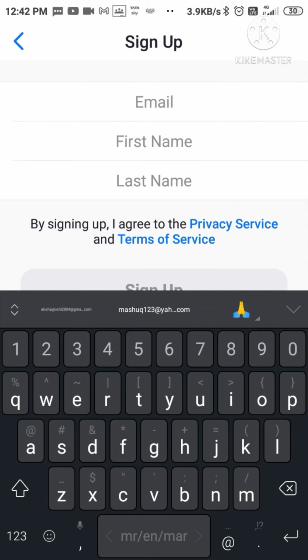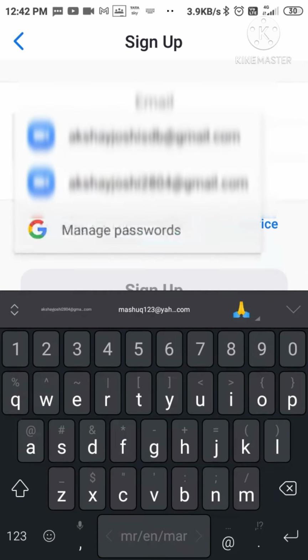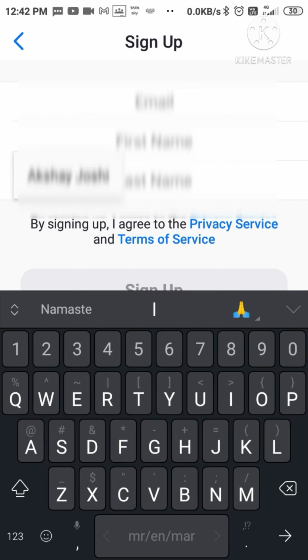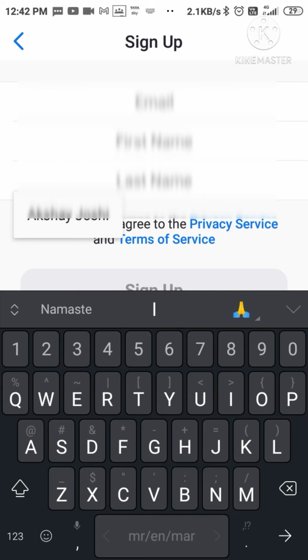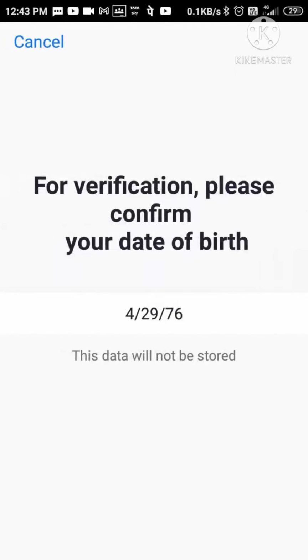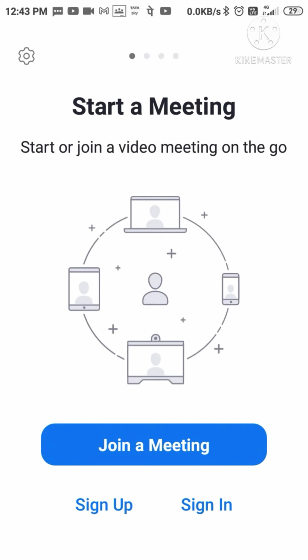Okay, after that it will ask you first the email ID. Okay, so just enter your email ID, whatsoever it may be, the email ID you want to give here. So you can click here email ID. Okay, so enter your name and last name and just click on sign up. After signing up, it will ask you the confirmation message, so that you have to confirm from your Gmail account. In Gmail you will get that confirmation message, activation message.